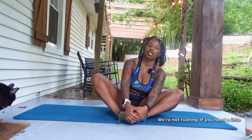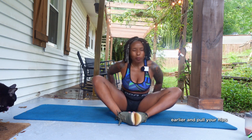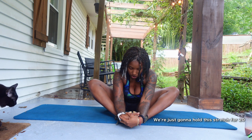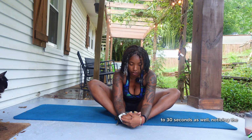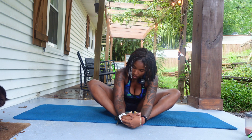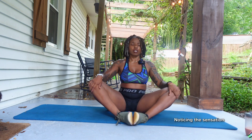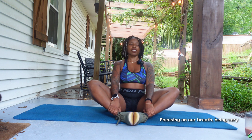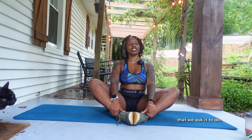We're not rushing. If you need a little bit more of a challenge, you can do that same butt scoot that I told you to do earlier, and pull your hips forward, and then come down. And we're just gonna hold this stretch for 20 to 30 seconds as well. Noticing the sensation in your hips, noticing the sensation in your inner thighs, focusing on our breath, being very thankful to our body for doing the things that we ask it to do,